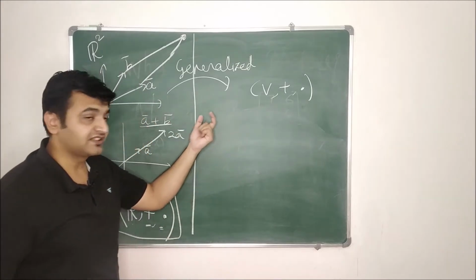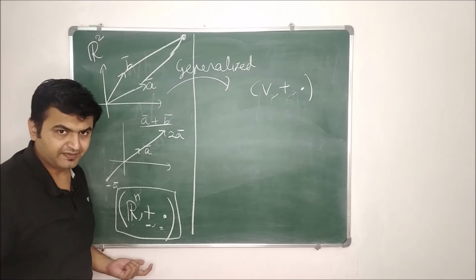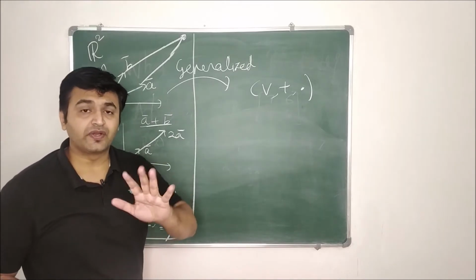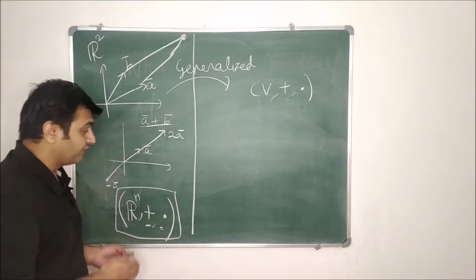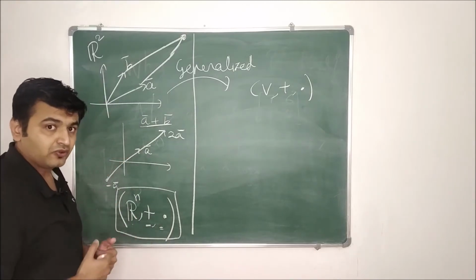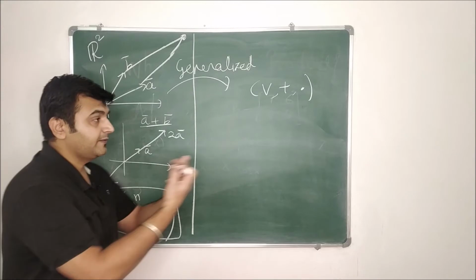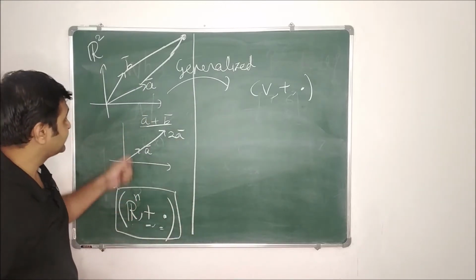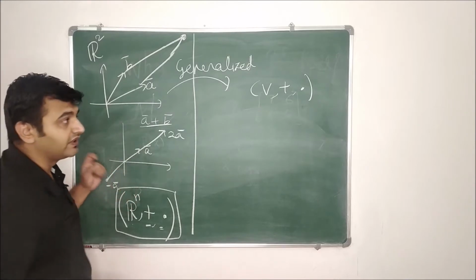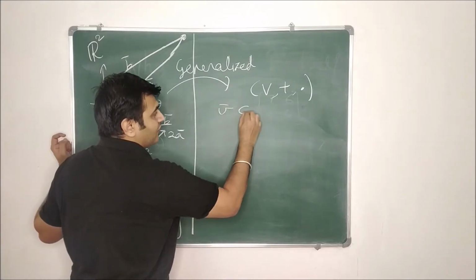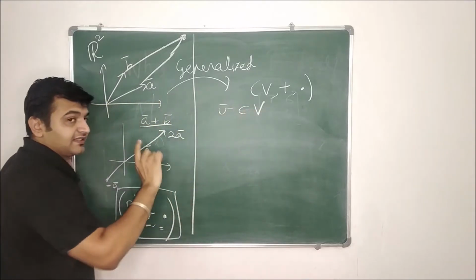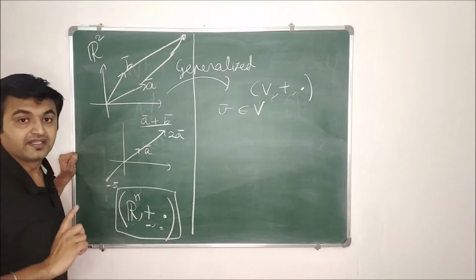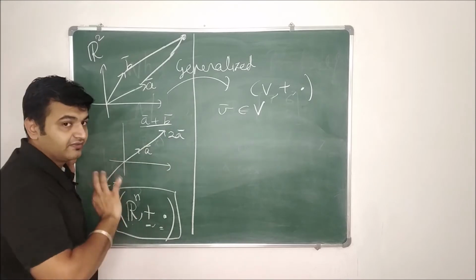It is the generalization of Rn. Rn is a Euclidean space. What is Euclidean space? The space that satisfies those 5 Euclid's postulates. So one way to look at a vector space is as the generalization of the Euclidean space. And here, if I take any V bar belonging to V, then I call this a vector. So elements of a vector space are called vectors. Okay, so that's one thing we do.